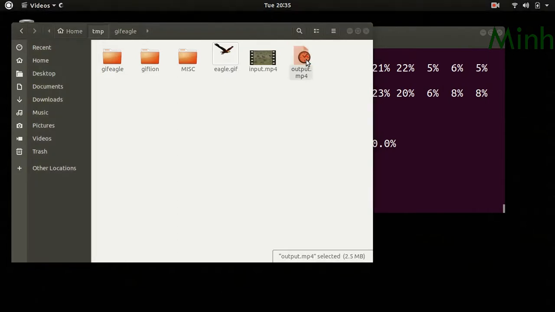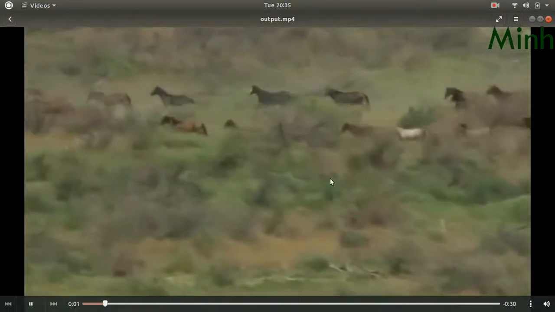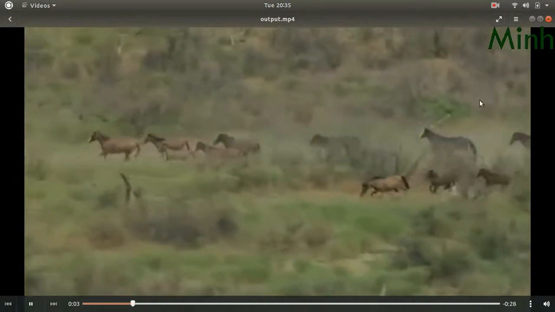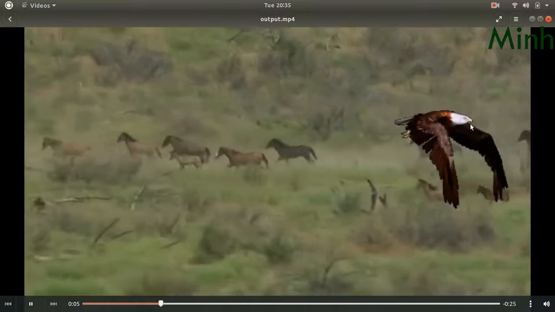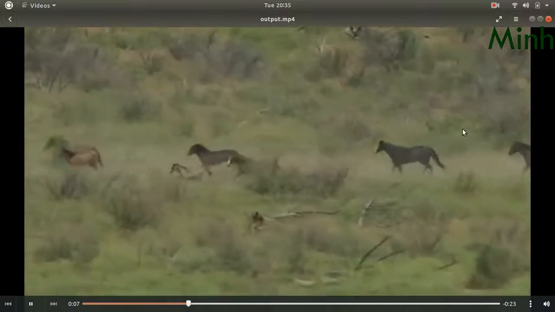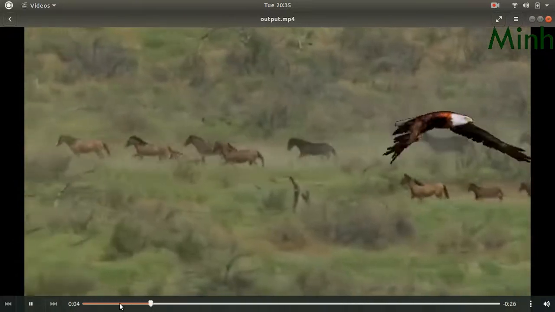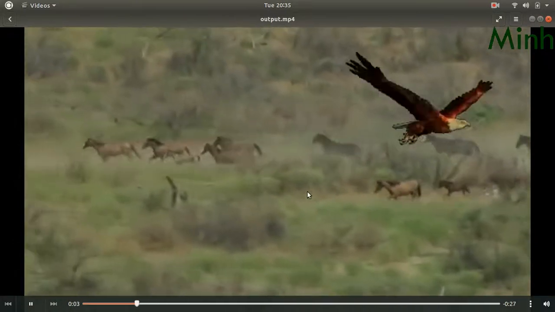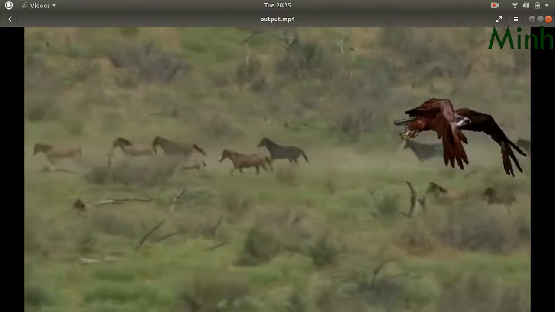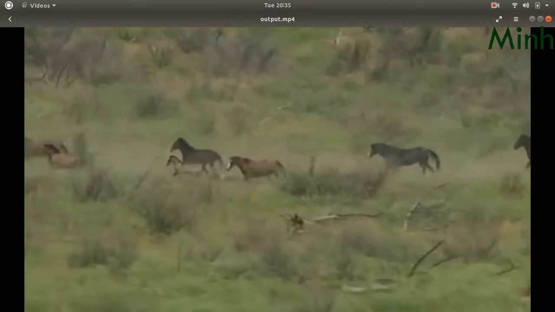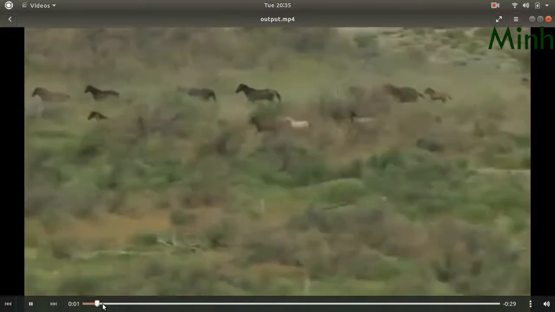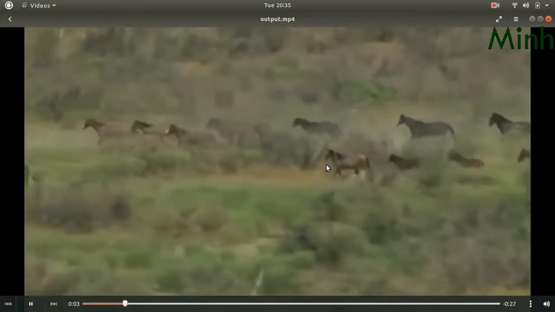Is it done? So at the 4th second, it appears, and then it is gone. So it will only happen once. It won't loop. Okay. So this is the fundamental. This is how we can place a GIF.